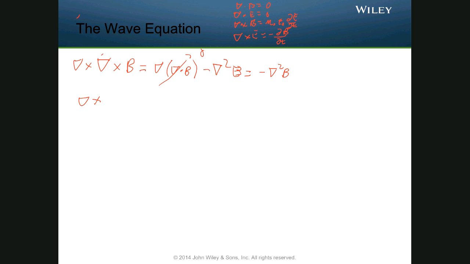So del cross E, as we'll recall before, is equal to minus dB dt. All right. And if we look at this, we can see that del cross E, right, is going to be equal to